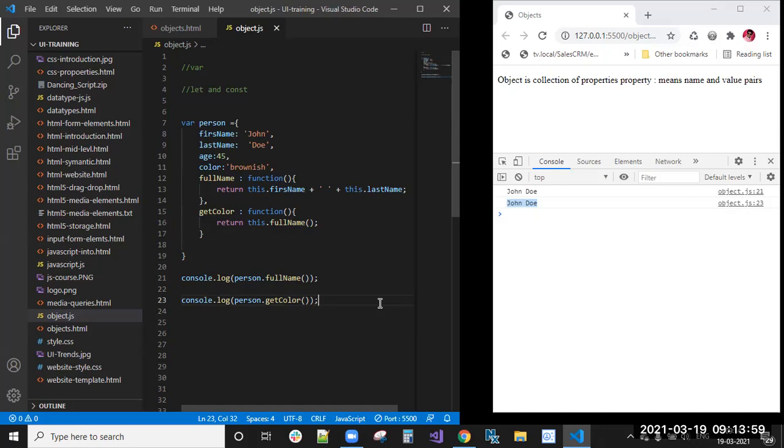Next, properties. How can we add properties? With obj dot the property name equal to some value. If that property exists, it will update the value of that property. If it does not exist, it will create it.